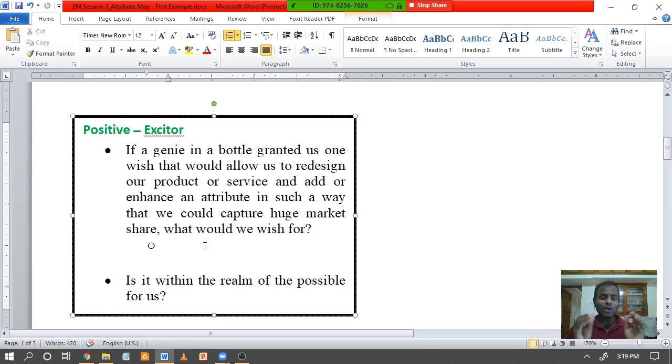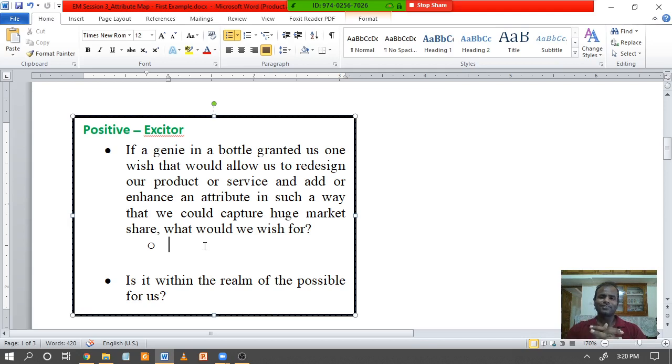Now if this promise is there from the university, that we will make sure you spend 1 month every year in different parts of the world, so year one you'll be in Australia, year two you may be in Israel or USA, and it may differ for every student based on their capacity, interest, and field of expertise. What do you think? Will that attract students? Will that be an exciting factor for students to join Karunya?